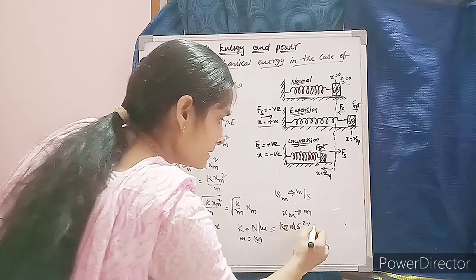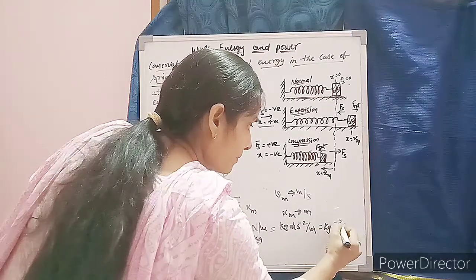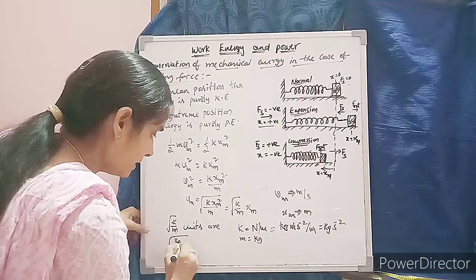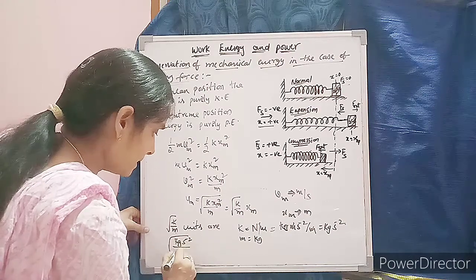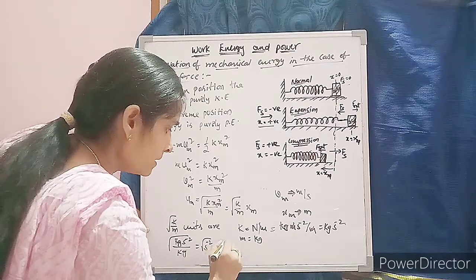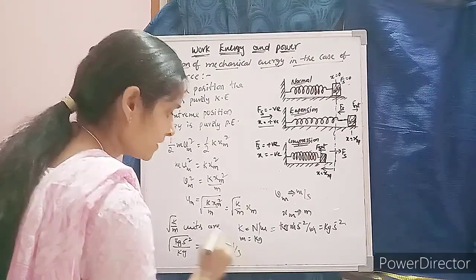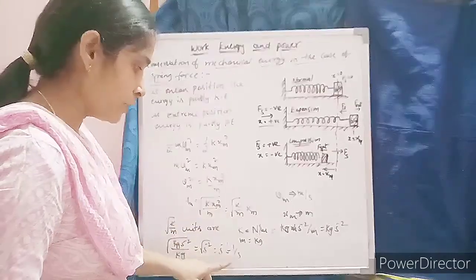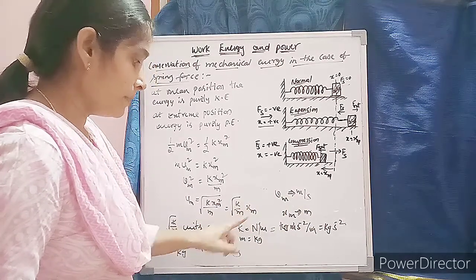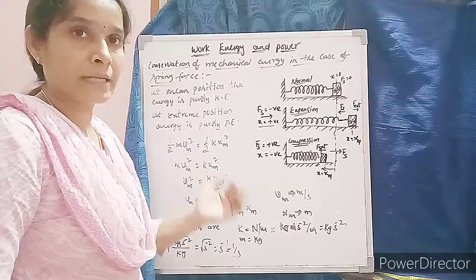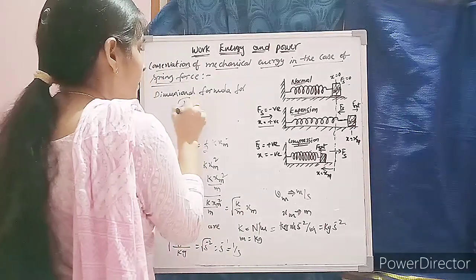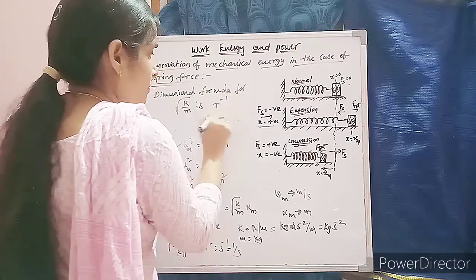Okay, meter cancel, then kg second power minus 2, here it is kg. Now square root of k is kg second power minus 2 by mass is kg. Now kg cancel, then second power minus 2 will give second power minus 1, which is equal to 1 by second. Square root of k by m has the unit second inverse and xm has the unit meter, then meter per second, which is tallying in the dimensional formula also. So dimensional formula for square root of k by m is time inverse.